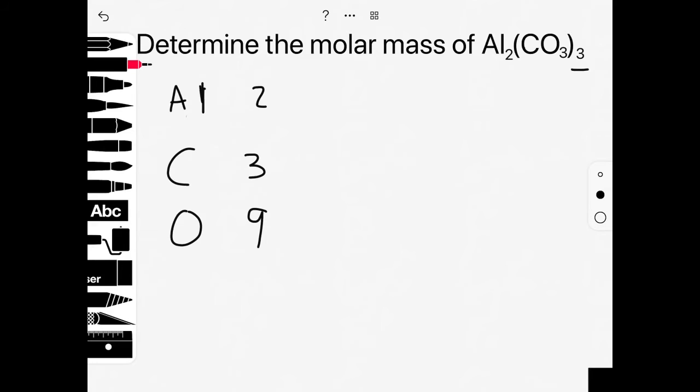Second step is to multiply the amount of atoms you have of each one of the elements by the mass of that element. In this case for the aluminum, its mass is 26.982, so that's what you will multiply here. 2 times 26.982, and this will give you